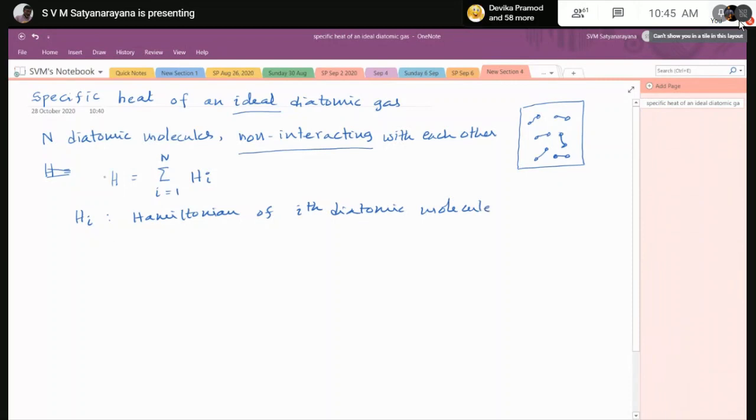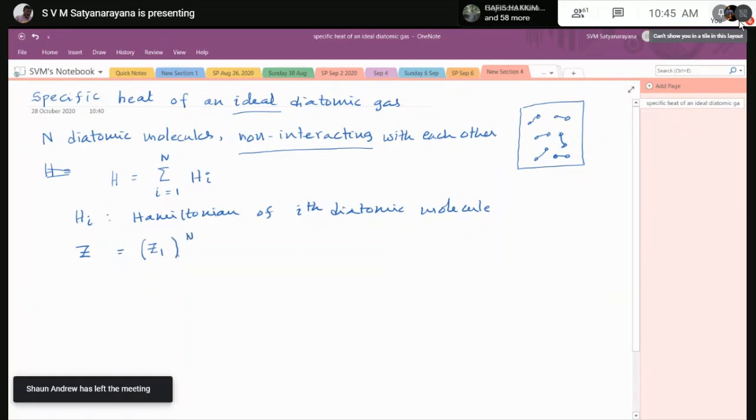This simplification will get translated into writing the total partition function to be the partition function of one diatomic molecule raised to the power n, where this Z1